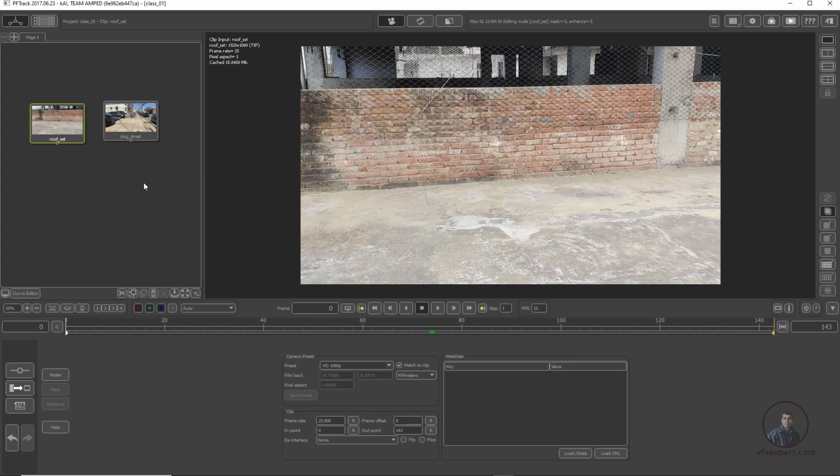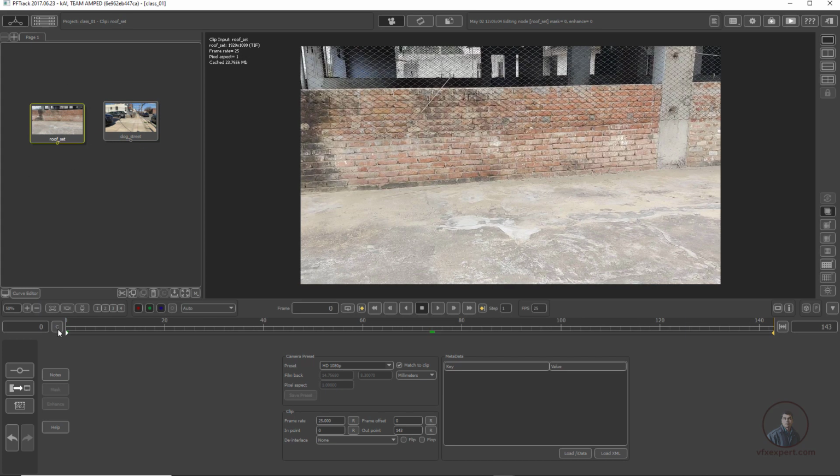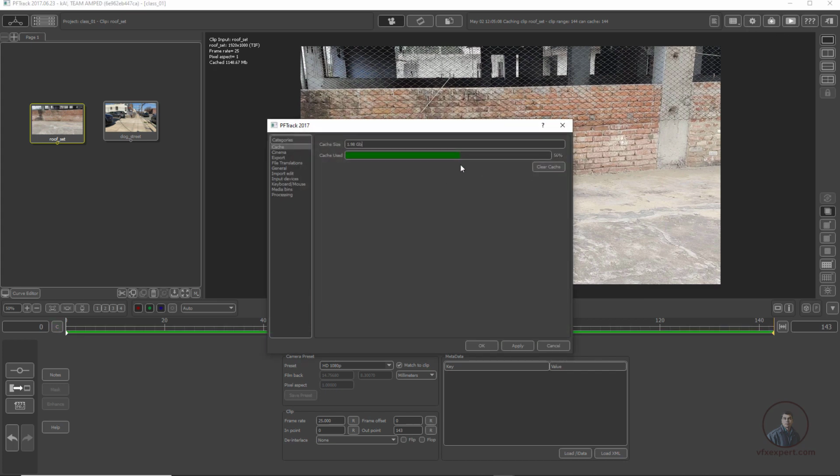Now play and check. Again, if you double click here, because you have cleared your cache, this will not play in real time. So remember this: only the footage you want to play, you have to cache. Now double click here, click on the starting frame, and cache your footage. Now you can see it. According to your defined size and your system configuration, it will cache.